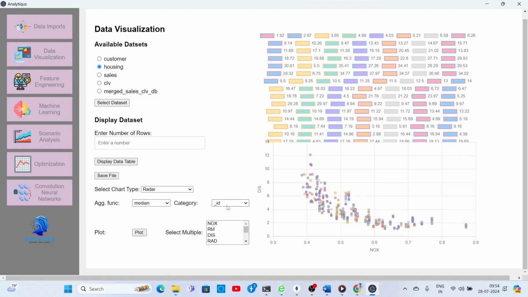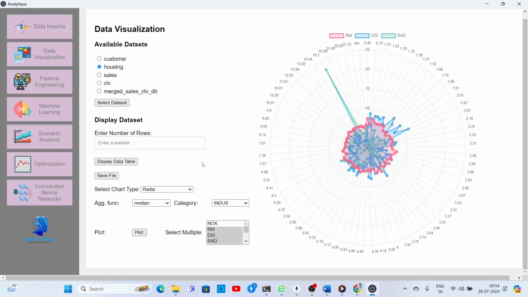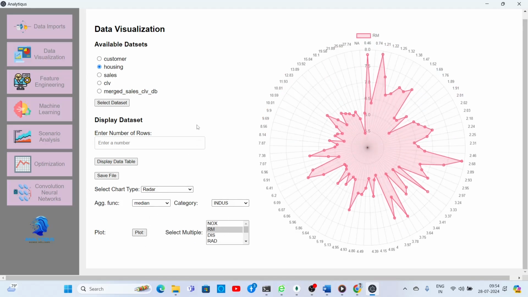Let us select this and select view column. Based on your data set you can produce these charts. You can produce only one chart also. So you can produce these beautiful charts with this software.